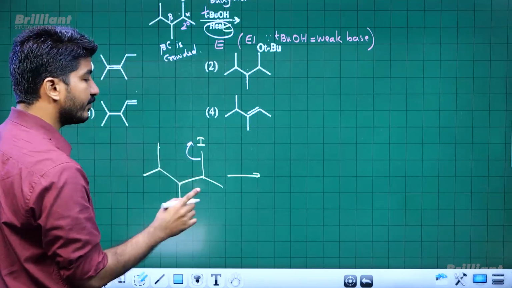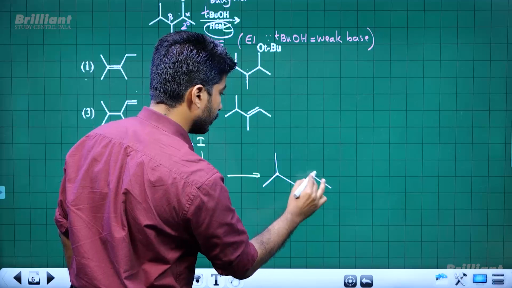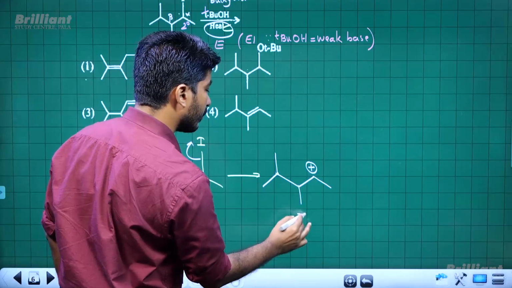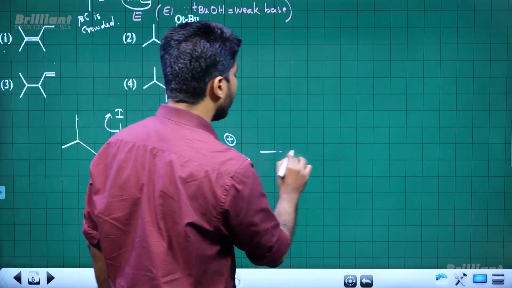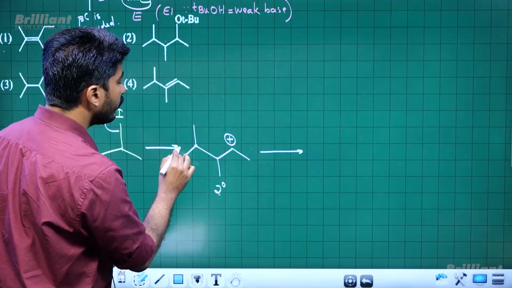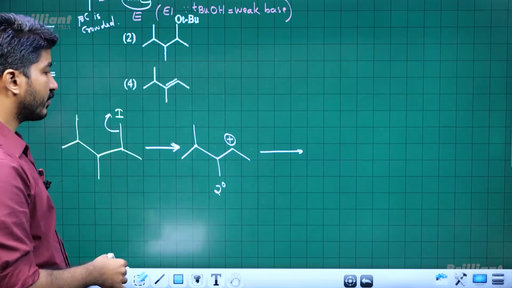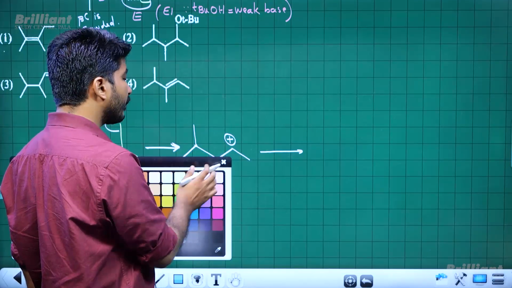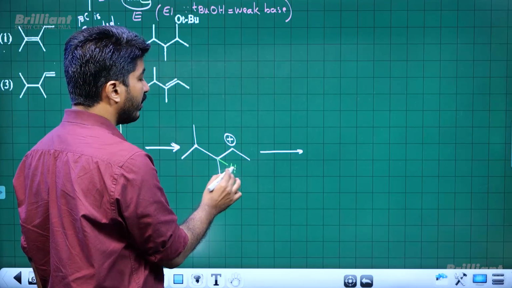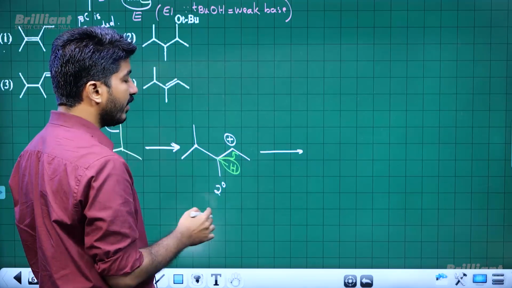E1, right? First of all, carbocation has to form. This is a secondary carbocation. Carbocation may rearrange. You know, in mechanisms going through carbocation intermediates, there is always a possibility of rearrangements. We should not be avoiding that possibility. Rearrangements are the very nature of carbocations. So here, if we do a hydride shift,